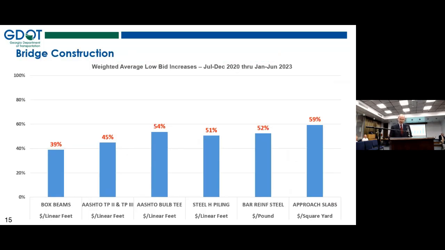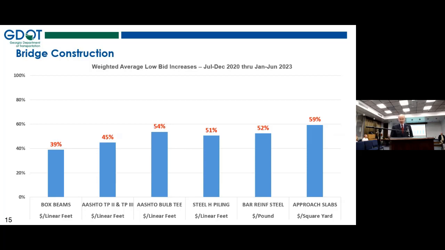We move on to bridge construction. You can see without even reading it, we've seen very high increases. So what we've done here is compile some of the common bridge construction items. Starting on the left, those are the items that are used in building a bridge project. The next two columns are the common AASHTO beam shapes that are used in the